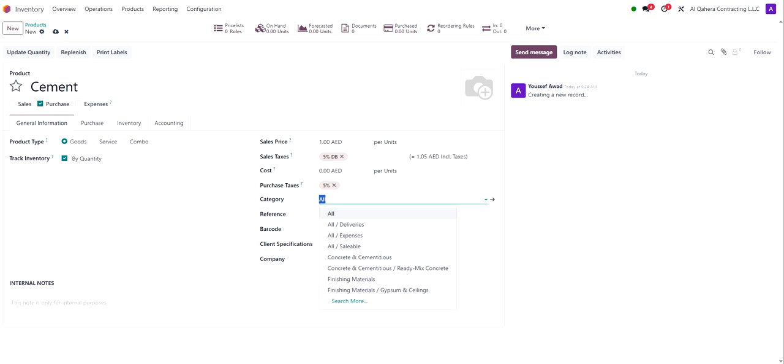If certain products have the same income account or expense account, then instead of setting up their income and expense accounts separately, we usually move them into a certain category and assign these accounts to that particular category. For example, this is, as per my assumption, concrete. So here, we are selecting the concrete, the cementitious,